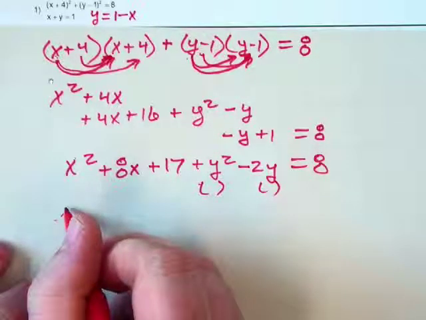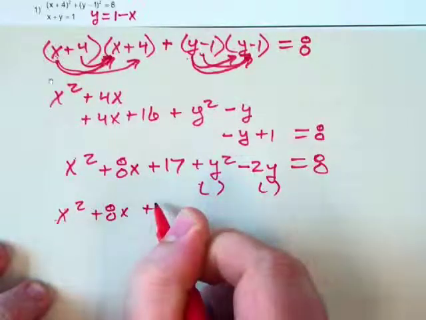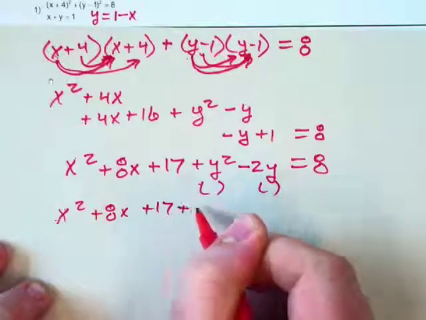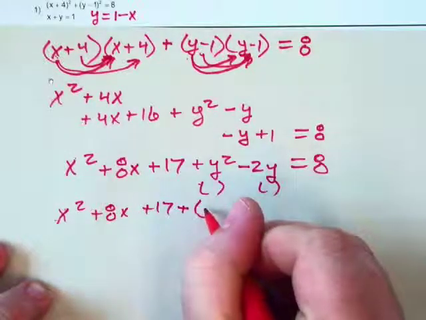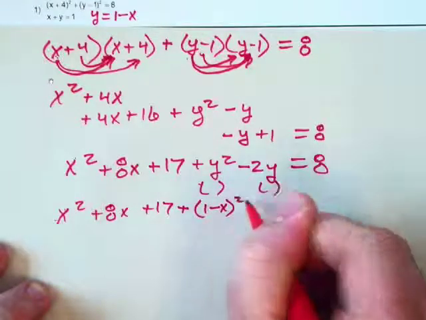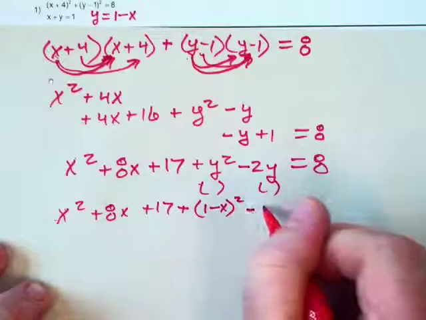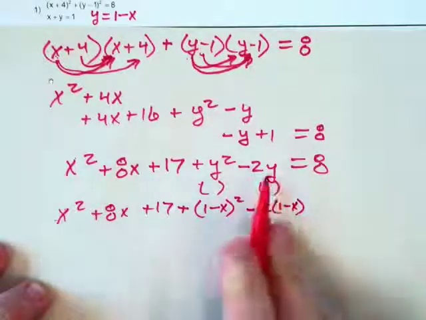That would give us x squared plus 8x plus 17 plus, and here's the y squared, so we've got 1 minus x squared, minus 2 times 1 minus x, just plugging in for y,